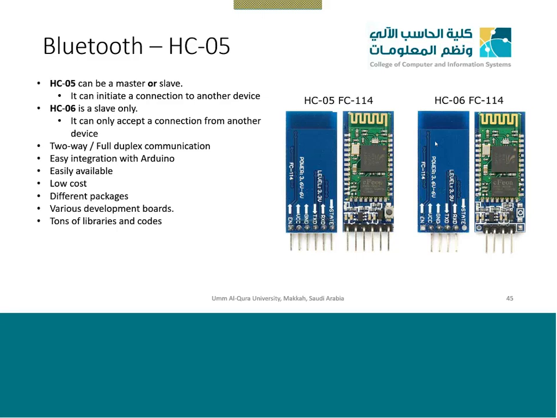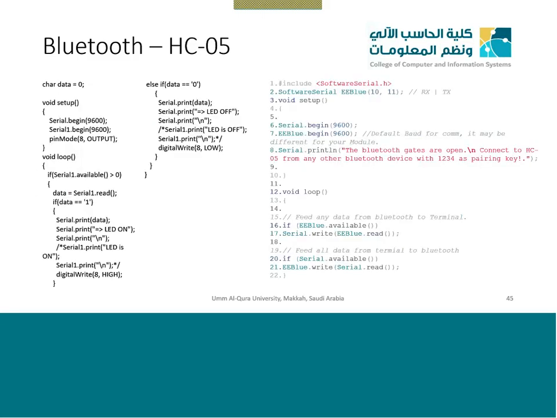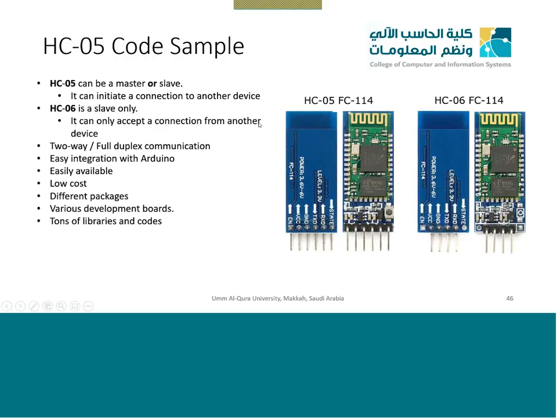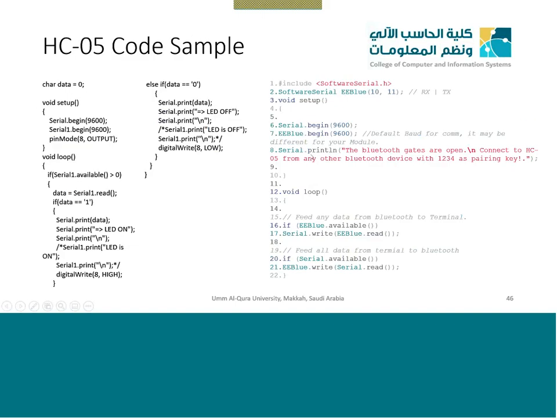We just connect the transmit and the receive pins with Arduino, and that's it. It will start working. You can send or receive. This is the Bluetooth code. We say we have two serial ports. The Bluetooth module works on a serial port. We have one serial port where the Arduino is connected with the PC. We say Serial.begin 9600 baud rate. This is the Bluetooth module, the same.